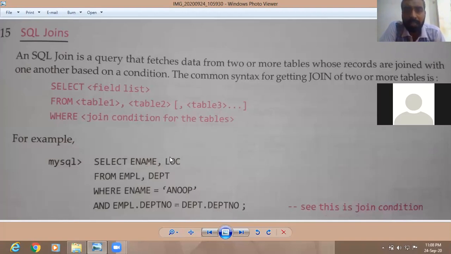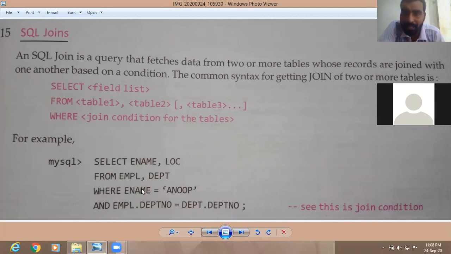If we want to select field-wise, then we write the field names of both tables, like E name from the employee table and LOC from the department table. Then if we want to write a condition, we can; otherwise there is no need.